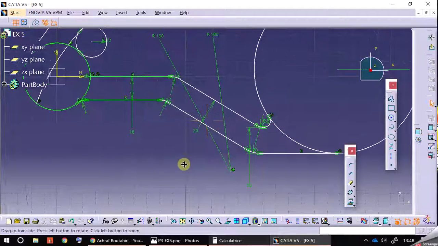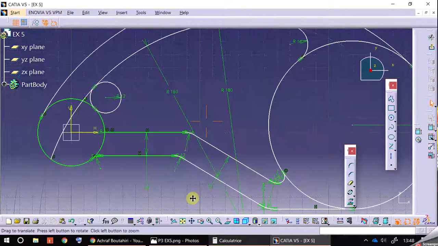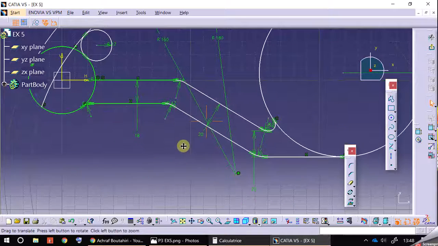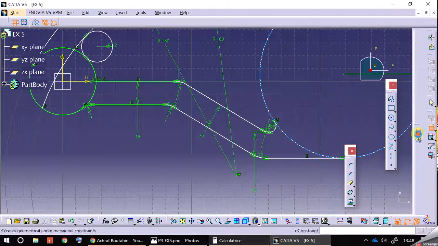And also we need a distance from this axis, sorry, from this axis to this point here,